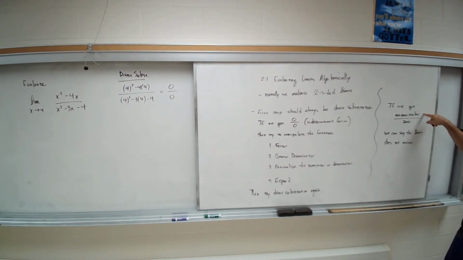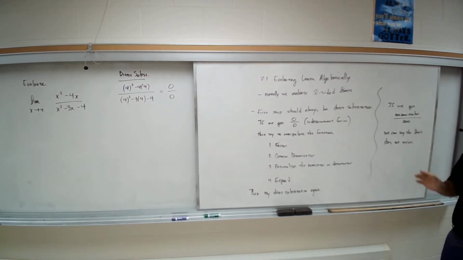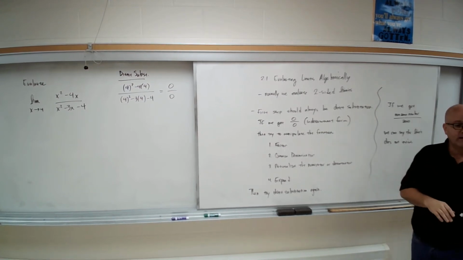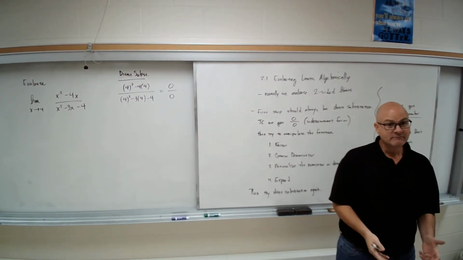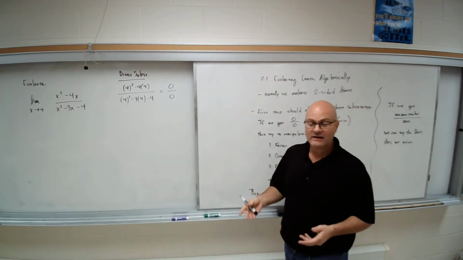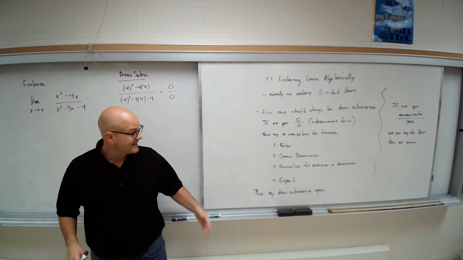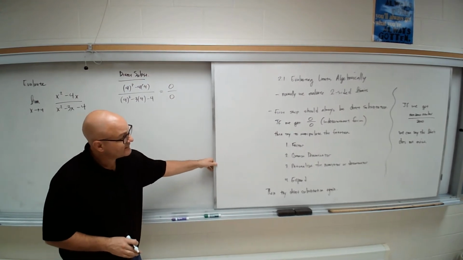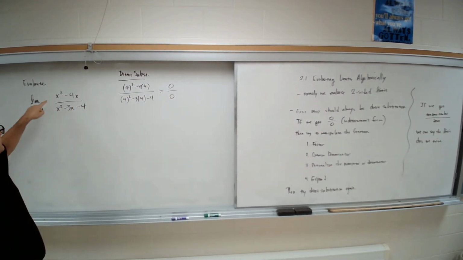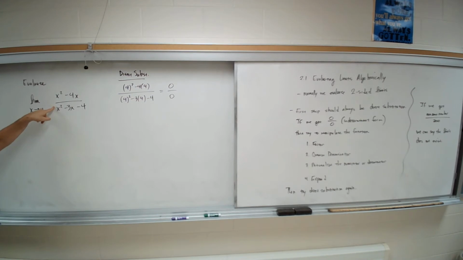If you get something like 5 divided by 0, just say the limit does not exist. If you get a number like 10, then 10 is the limit. So that's our first step. But we got indeterminate, so of these techniques, I can see right away that this numerator and denominator both factor, correct? So our second step,